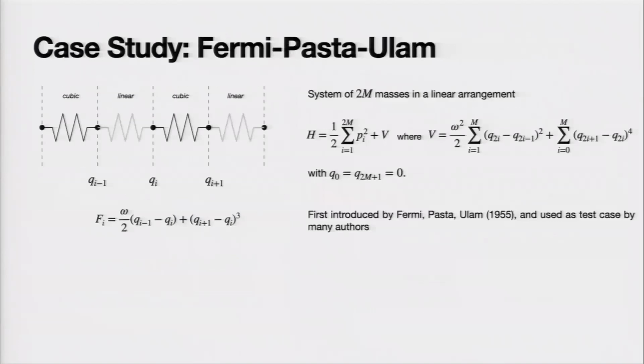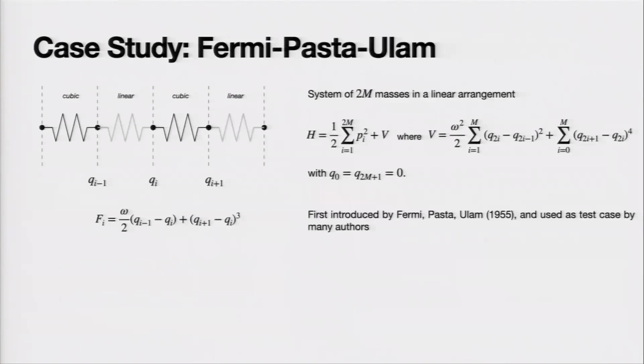Cool. So let's move to more complicated problems. This is a more complicated version of the harmonic oscillator, because here we have a number of masses, and the masses are all interconnected together. They all have a linear spring on the left and a cubic spring on the right, so that the force